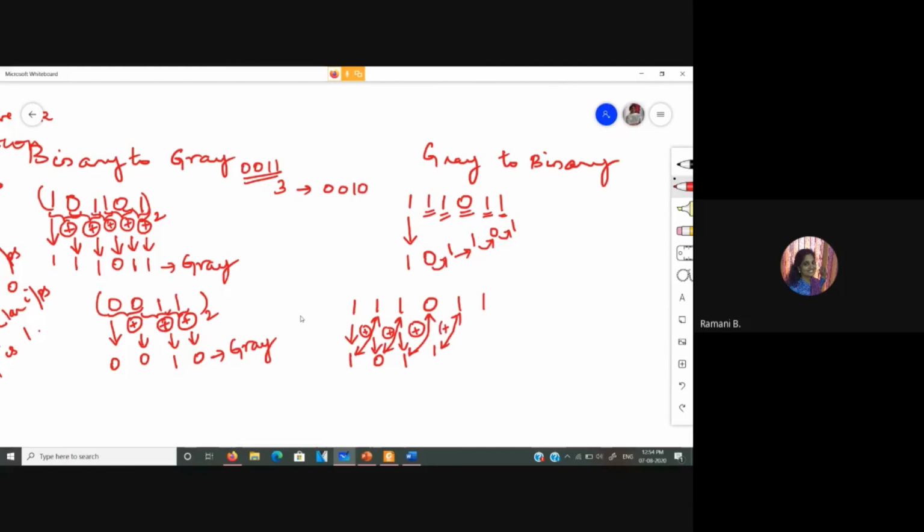This is XOR and you get the output to be 0. This is XOR and you get the output to be 1. You could say it in both the ways. Whichever you are comfortable with, you please use that method. That is what we do for gray to binary code conversion.